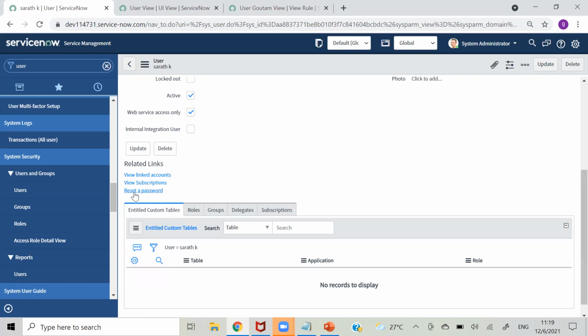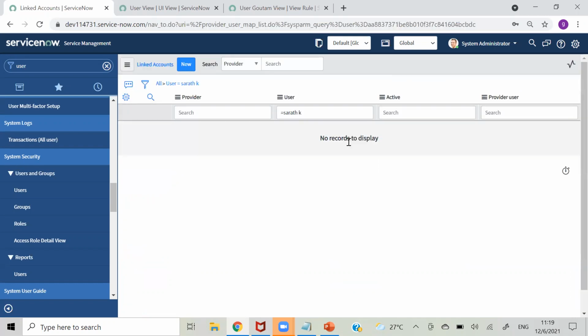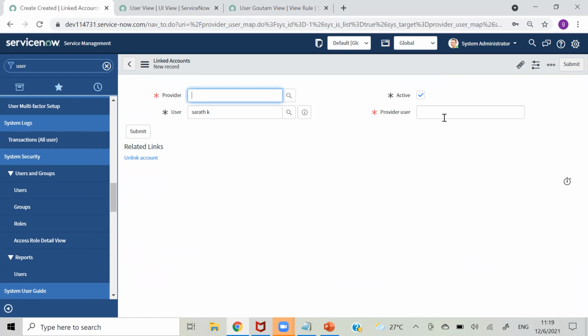Then we have this reset password option here, and view linked accounts. I don't know what it has actually. I think from the Paris version, we are able to link our Google, Gmail, Facebook here. So this might be the linked accounts. Okay, so we don't have any linked accounts here. If you want, you can create linked accounts.